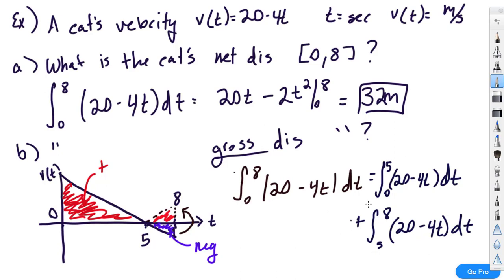Now here's the thing: this area here from 5 to 8 is negative. How do I make a negative into a positive? Well, instead of adding this, I'm going to subtract. The reason is that a negative times a negative will make this area positive. So when you actually take the antiderivative of both and evaluate, what you're going to get is a total displacement